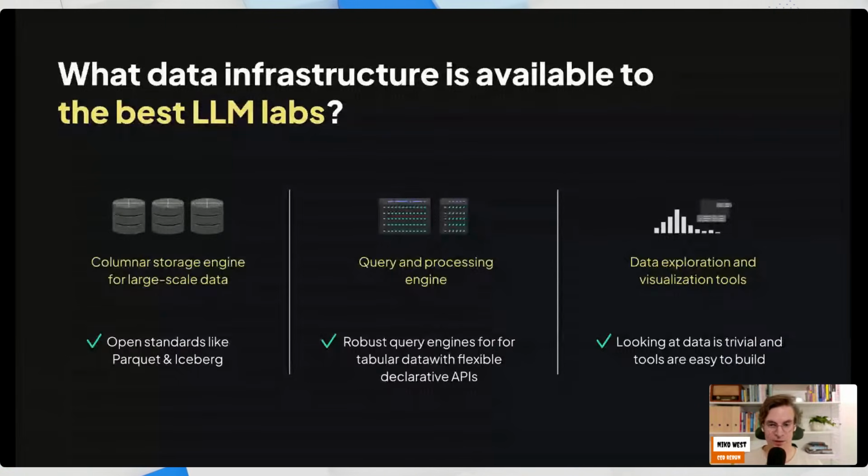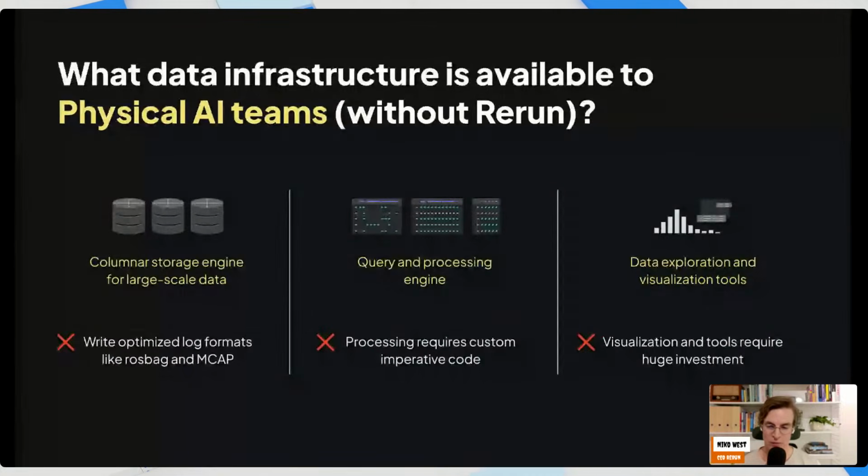There is no real storage format built for reading and flexibly working with this sort of physical data, like robotics data, both efficiently for analytical queries and in a low friction way. So the community tends to be using formats that are optimized for writing, really like logs, robust formats like ROSBAG and MCAP and things like that. Really great for that, but not meant for large scale querying.